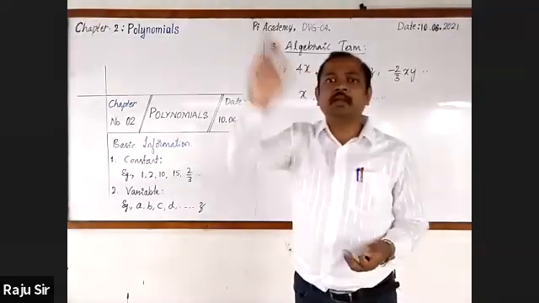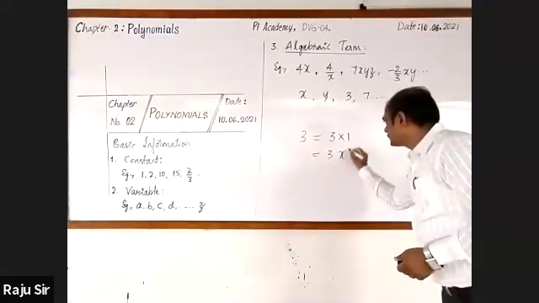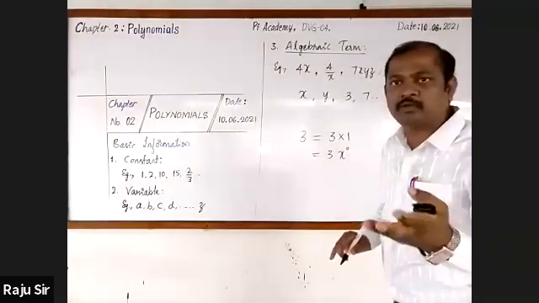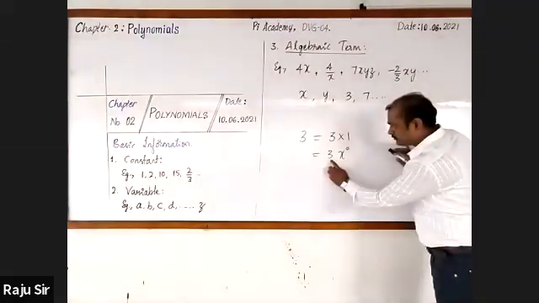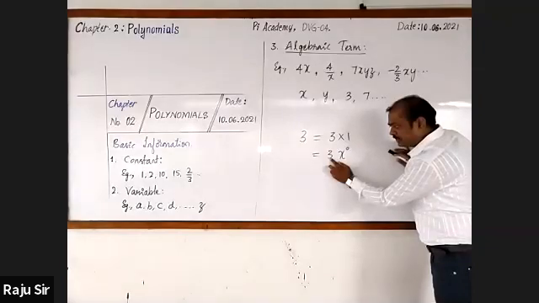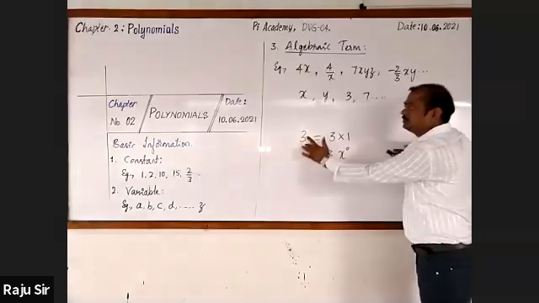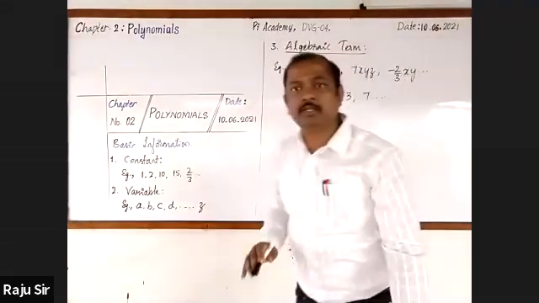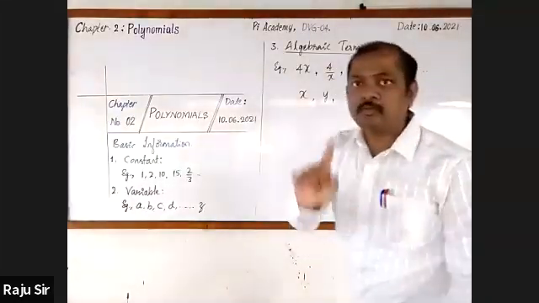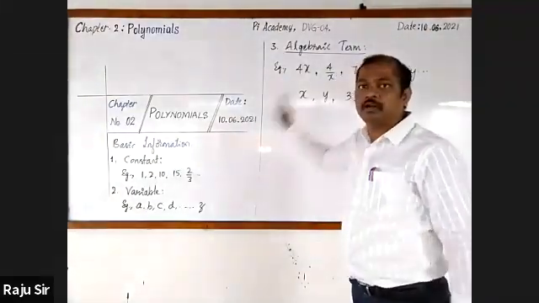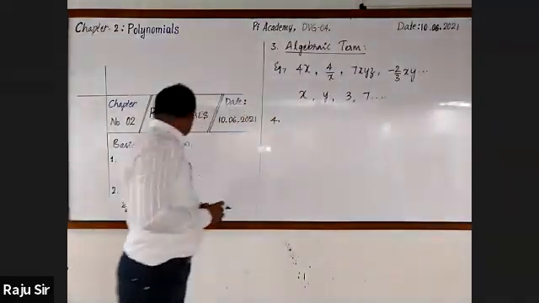1 is anything raised to the power 0. Very good. 1 can be written as x raised to the power 0, y raised to the power 0, z raised to the power 0. Look here. Now this is the product of a constant and a variable. So this is an algebraic term. Hence, 3 is also an algebraic term. So all variables and all constants are algebraic terms. Next, let's move on to the fourth.